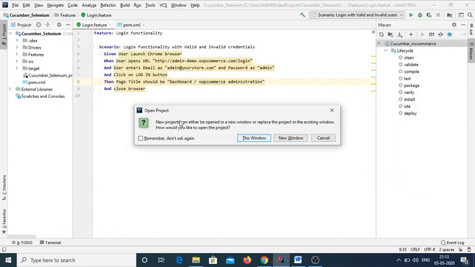Now it will ask whether you want to open the new project in this particular window, or you want to open a new window. If we click on this window, it will open on the window which is already open on the back side. Or if we click on the new window, it will open a new window and the back window will remain the same.